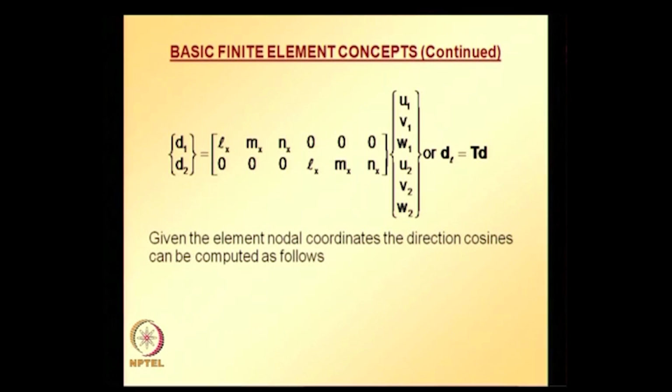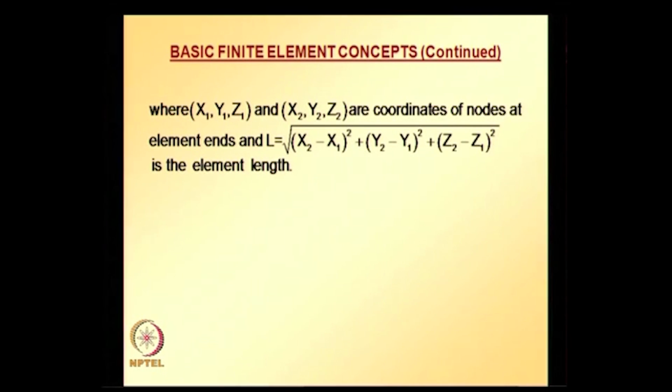Given the element nodal coordinates, the direction cosines can be computed. Once a spatial element is given, once we know the spatial coordinates of the ends of that element, we can calculate Lx, mx, nx using these relations, where capital L is nothing but the length of that element. The length of the element can be obtained using the coordinates of the ends of the element using the relation given here,